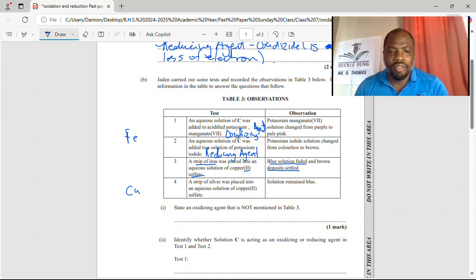Look at this again. A strip of silver was placed into an aqueous solution of copper 2 sulfate. In this case, the solution remained blue. Now the thing about it, silver is down here, so silver is not able to displace copper, because as I said before, in terms of the reactivity series,